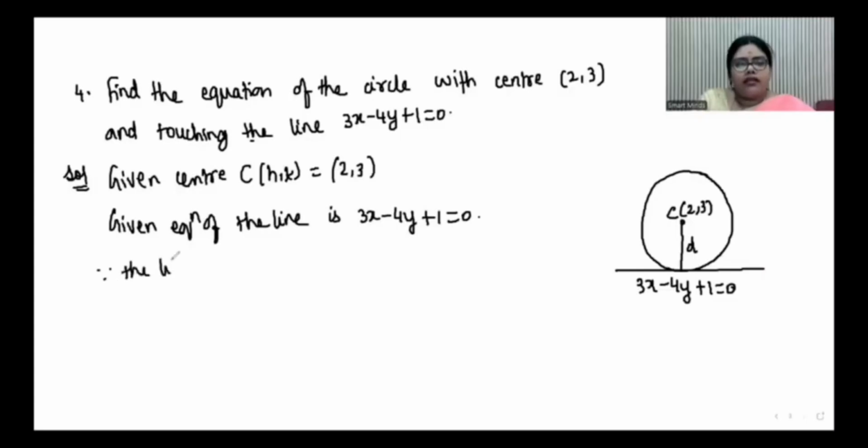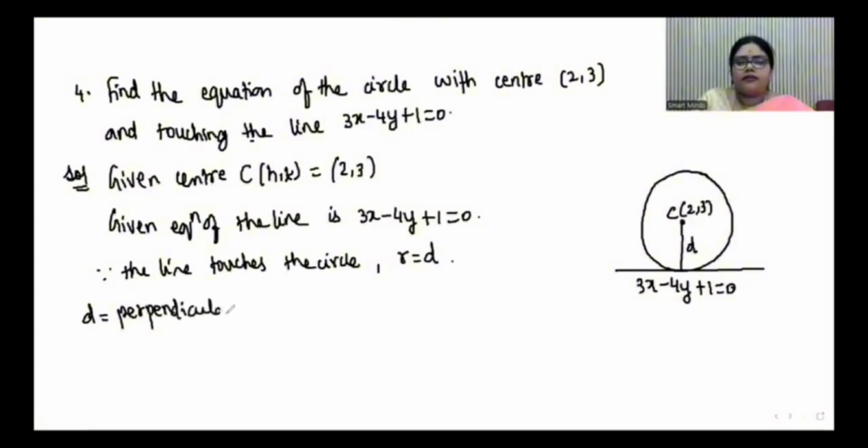Now since the line touches the circle, what is the condition when the line touches the circle? R is equal to D. First let us find out D. What is D? D is perpendicular distance